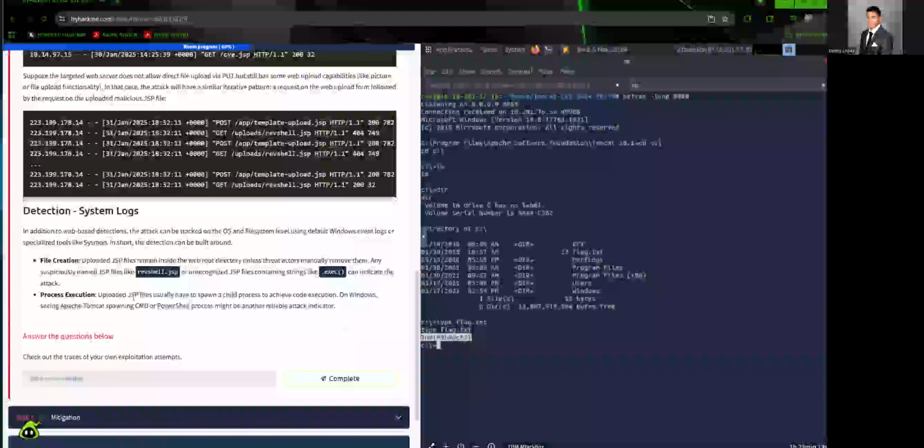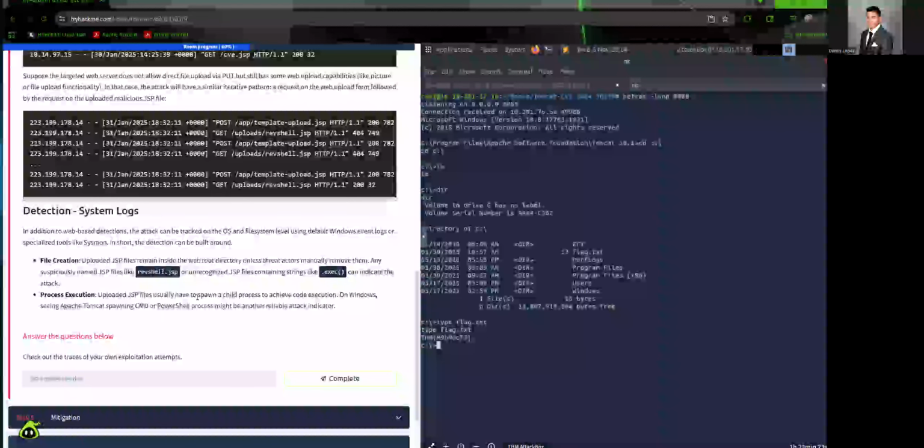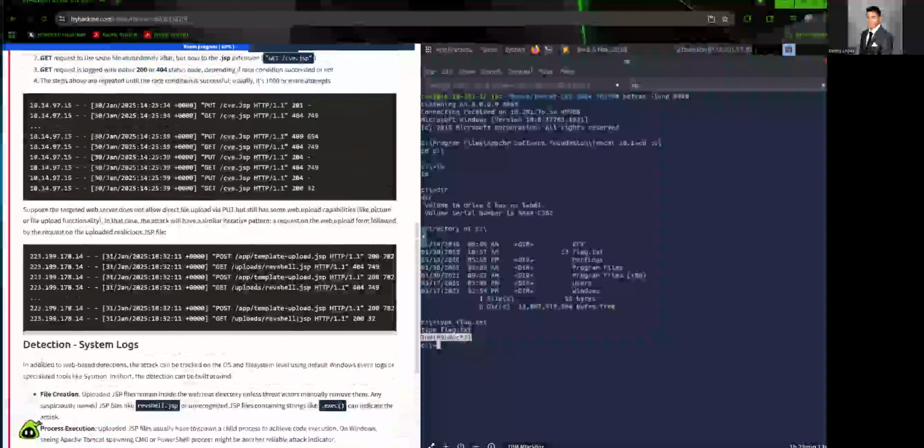Okay. All right. So check out the traces of your exploitation attempts. What we're going to do here is check that out. I just have to look at this here. So we'll go to this location.